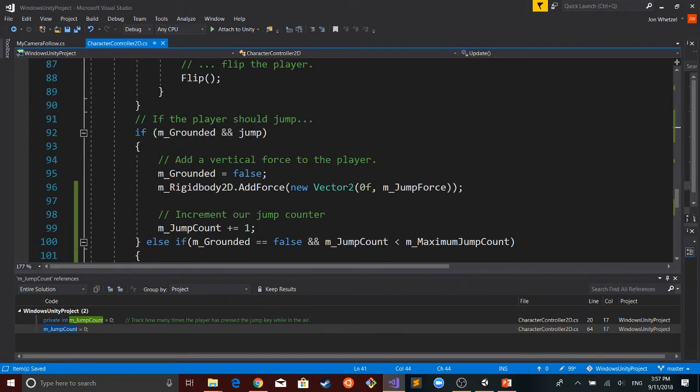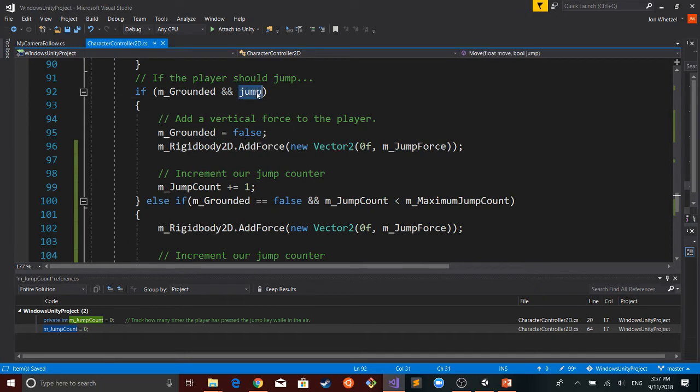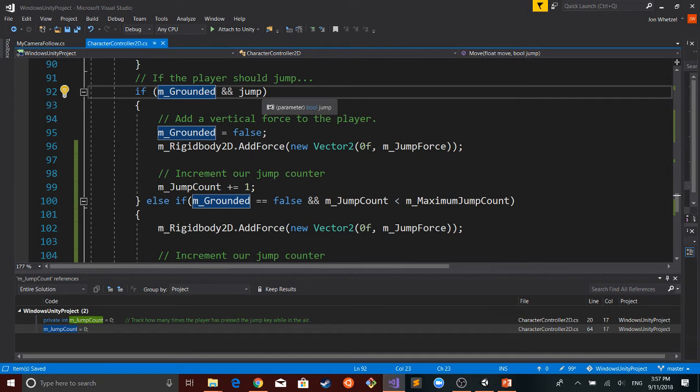So here, from grounded and jumping. Here's the problem. In here, we say if we're grounded and we're pressing the jump button, that's the only time this should be called.